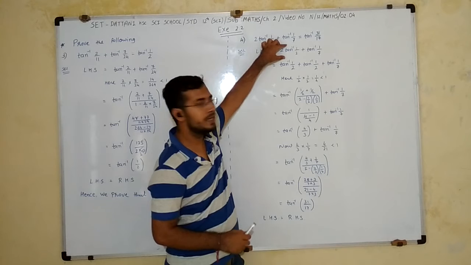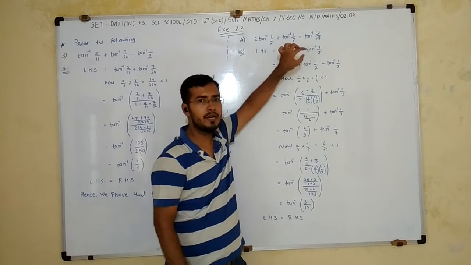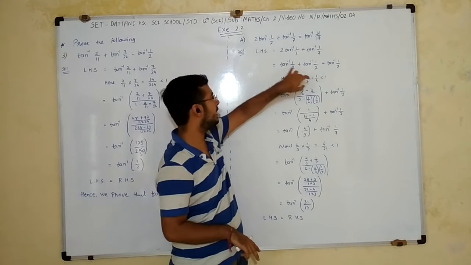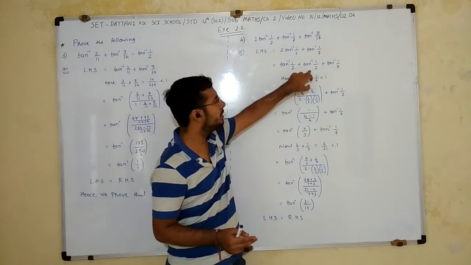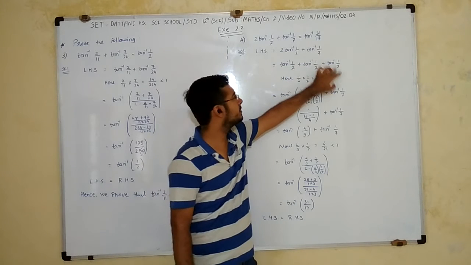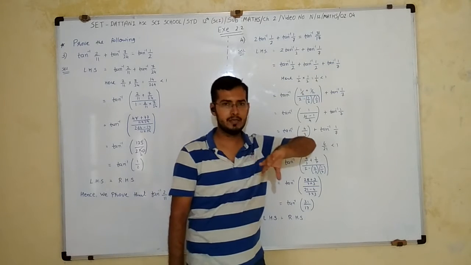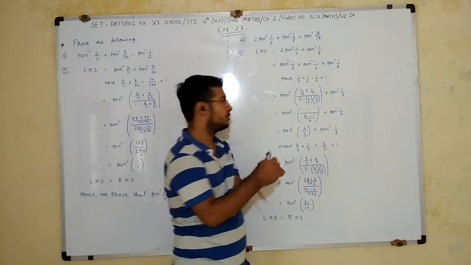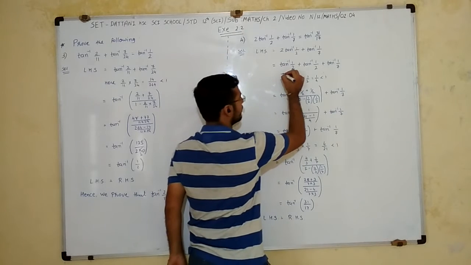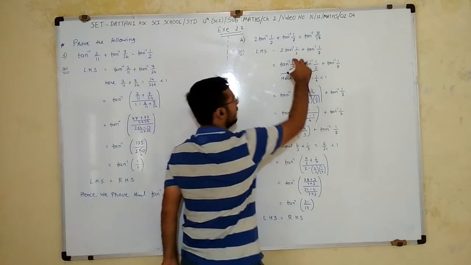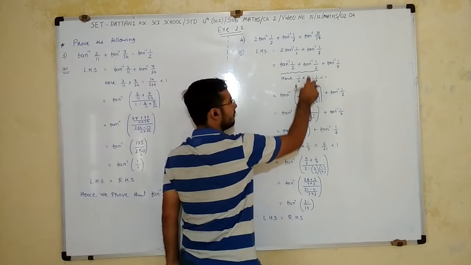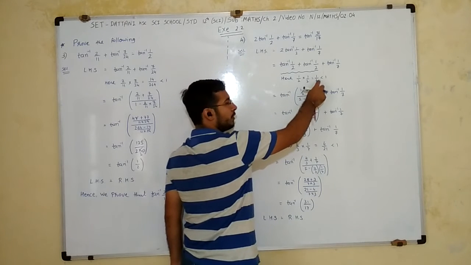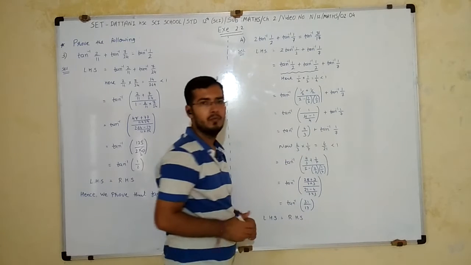So here I just split this term 2 tan inverse 1 by 2, it means there is a 2 times. So I just write 1 plus 1, it means 2 tan inverse 1 by 2 plus tan inverse 1 by 2 plus tan inverse 1 by 7 as it is. Now I just take the first 2 terms for the formula. Here x is equal to 1 by 2 and y is equal to 1 by 2. 1 by 2 into 1 by 2 is equal to 1 by 4, it means less than 1.